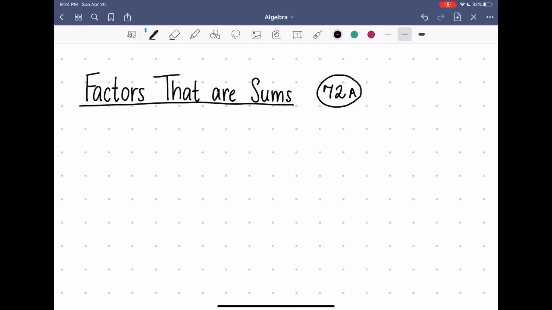Okay, so today's lesson is going to be fairly short. It's very similar to a previous lesson. So we're just going to talk about factoring when you can take out a common factor before you actually factor